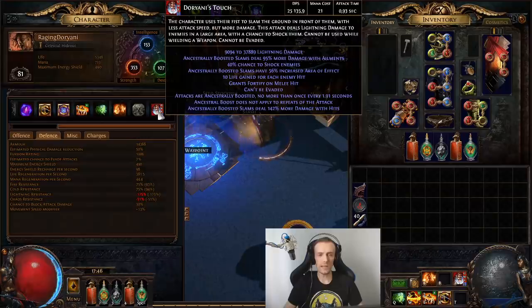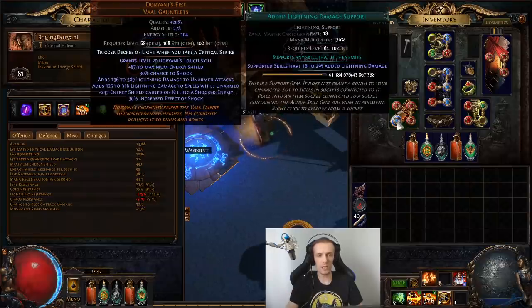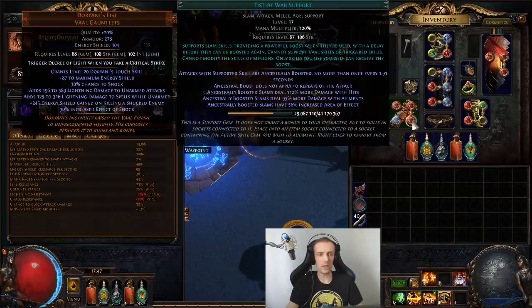Doryani's Touch, I believe, has 600% added damage multiplier. Every single one damage you're gonna have added to the attacks is gonna be multiplied by 6. The way you want to scale this build, you obviously want to get as much flat as possible. So that's why I'm using added lightning, and then fortified to be a bit tankier, elemental damage of attacks, and